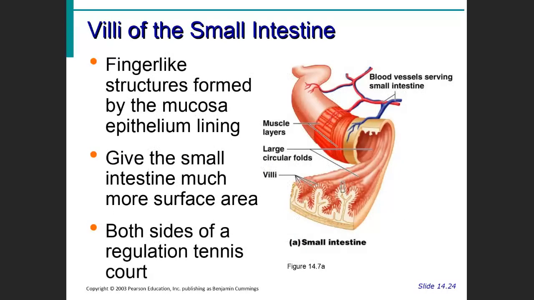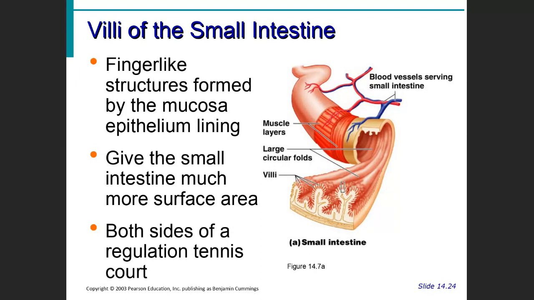Now, in the small intestine, the inside is all folded up, and even the folds have folds. The folds in the small intestine are called villi, and what that's for is to increase the surface area of your small intestine. If you took the 20-odd feet of your small intestine and stretched it out flat and took all the folds to make them straight and flat, the square footage would be equal to about both sides of an actual tennis court. There's a lot of surface area there for absorption of the food into your bloodstream.